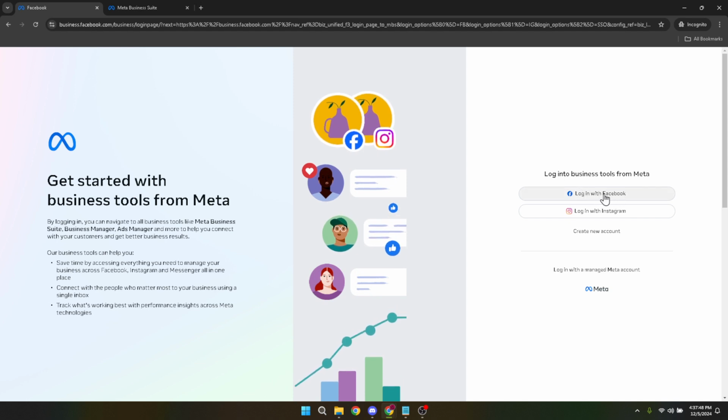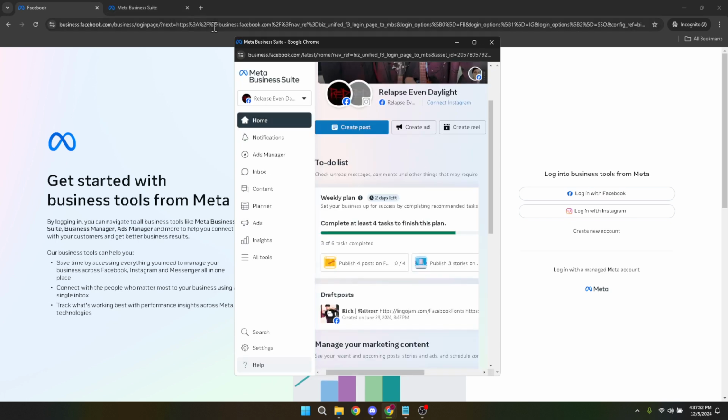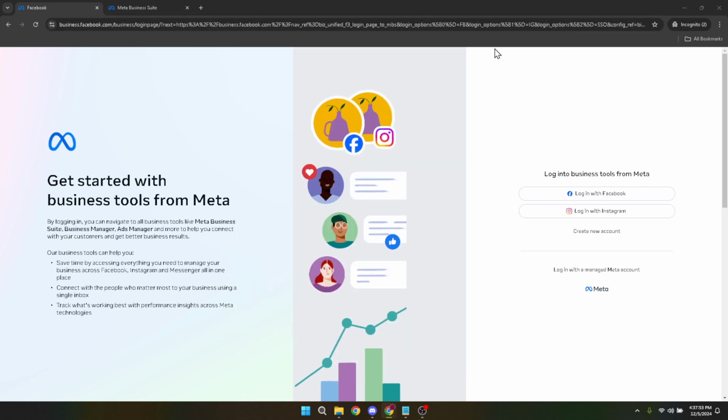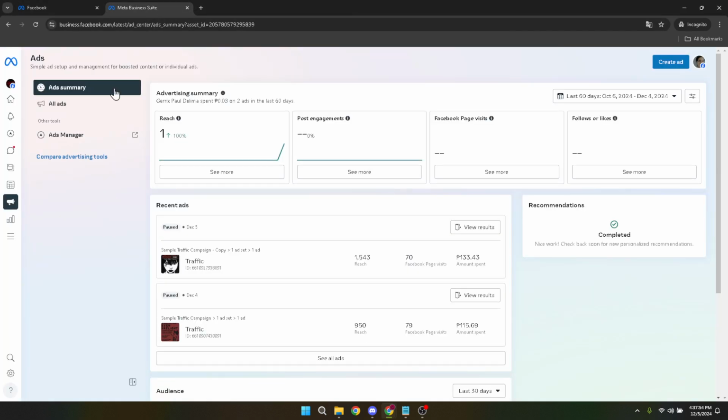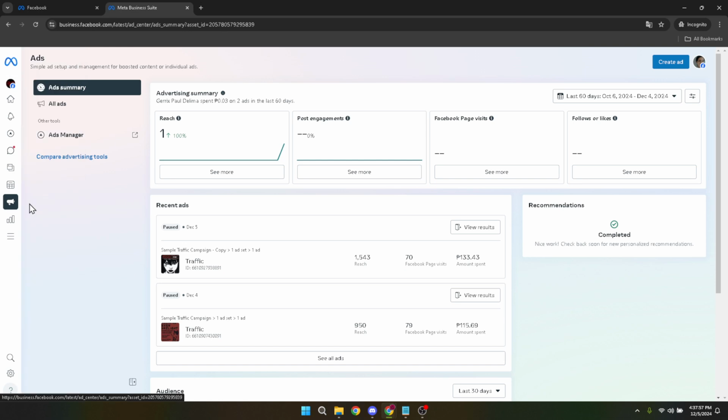Next, navigate to the lower left panel and click on Ads. This action will take you closer to where you need to be. Following that, click on Ads Manager. For those who prefer a shortcut, you can directly visit Facebook Ads Manager by typing adsmanager.facebook.com into your browser's address bar. A handy tip for returning users.